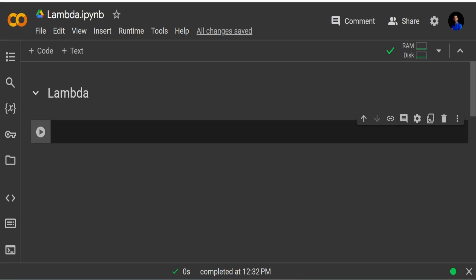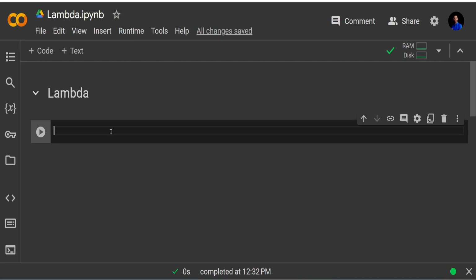Let's see now when to use the Lambda and what the difference is between the Lambda and other non-anonymous functions. If you remember, a few lectures before, we saw the functions topic, and we saw how functions work. Let me show you one function. So let's create a function and call it